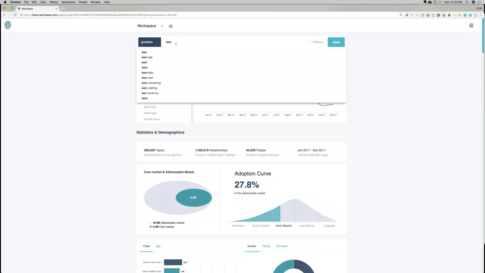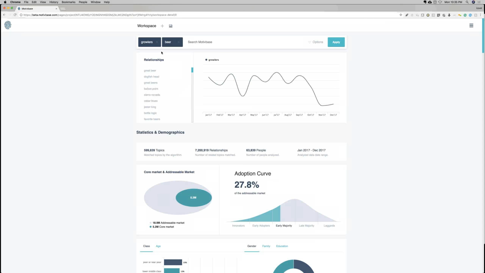And so I started looking for just simply the word beer, and I re-examined the relationships and noticed very quickly that the relationships were more aligned with what I was looking for. So that's really how I arrived at the right contextual search in this particular case. The other thing you'll also notice is a couple of interesting things. The first one is